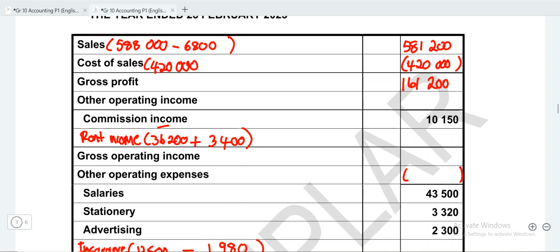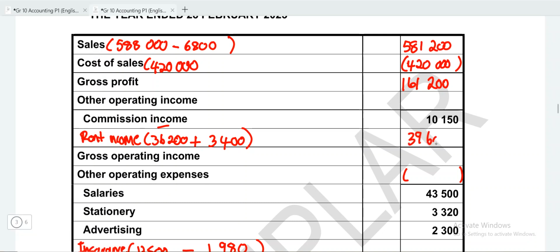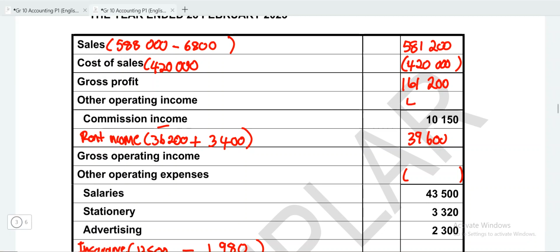So if we say 36,200, and then we say plus 3,400, it is giving us 39,600. So we have that 39,600 here, and then the sum of the two, 39,600 plus 10,150, it is giving us 49,750. So we have our